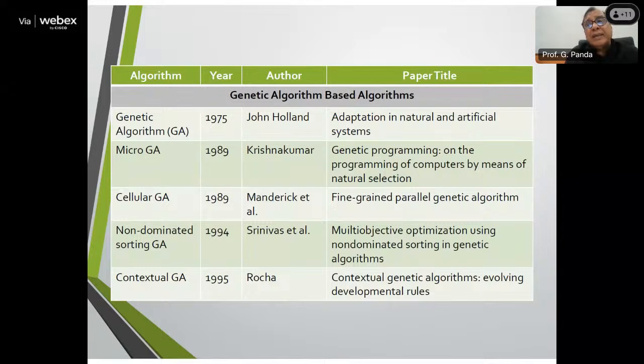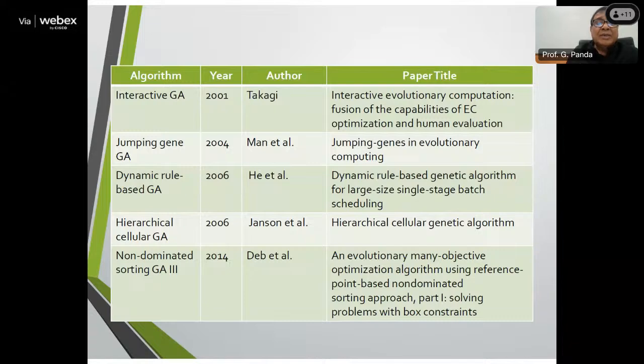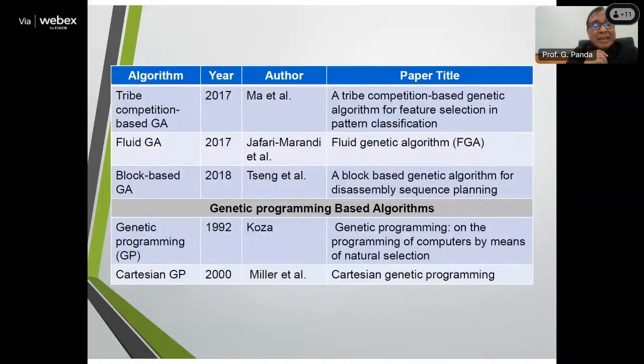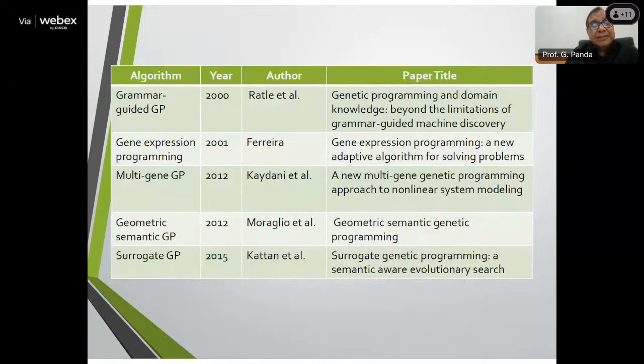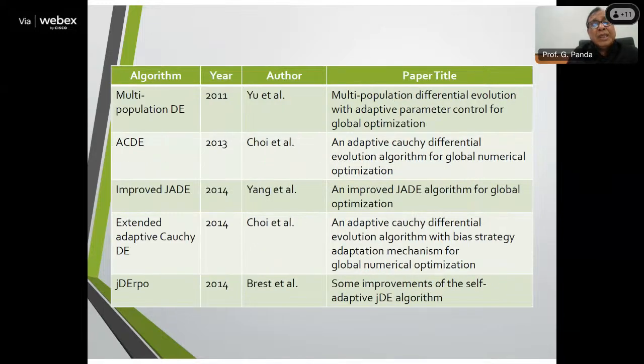Next one. I have made an exhaustive review of existing bio-inspired techniques. Here I have written the name of the algorithm, the year, the author name who started it, and the title of the paper in which it was first reported. If you look at this, it continues with types of GA, many variations, then types of different algorithms. Next. Genetic programming, a lot of variations, differential evolution, and many variations of the